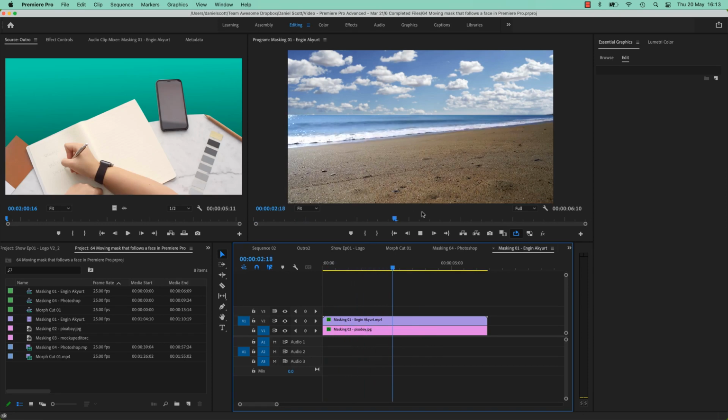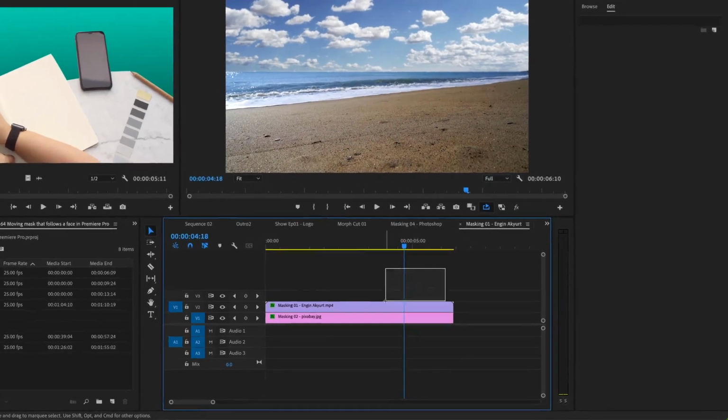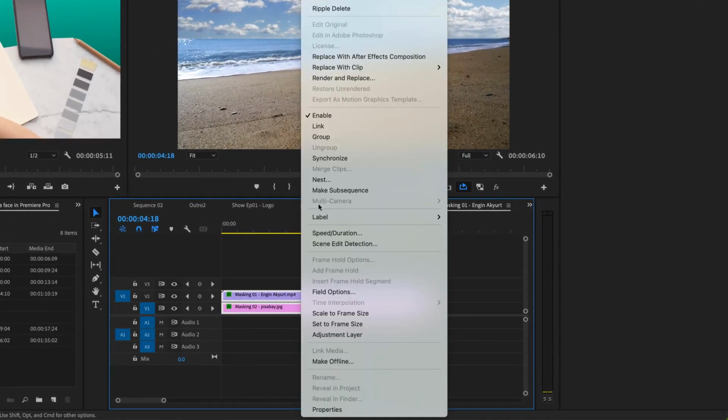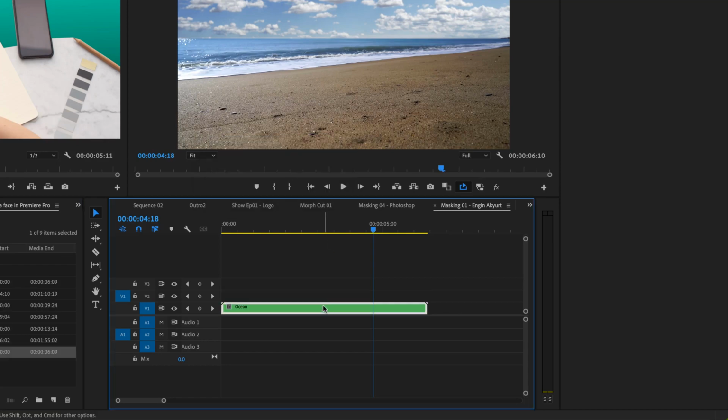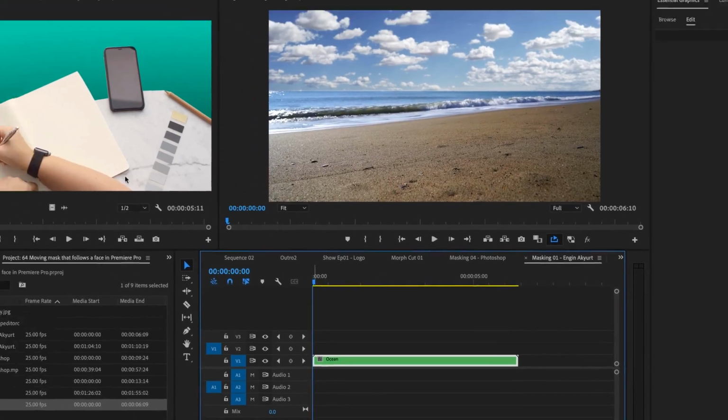Okay, now I wanted to, at the time, but I was waiting for this part of the course, is I want to group these two. Okay, instead of grouping them, I'm going to nest them to tidy them up, because grouping doesn't allow you to kind of animate them all together. So I'm going to call this one Ocean. And now, because it's a nice little unit, okay, I can go to the beginning,